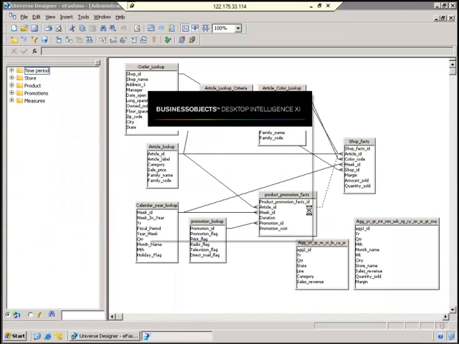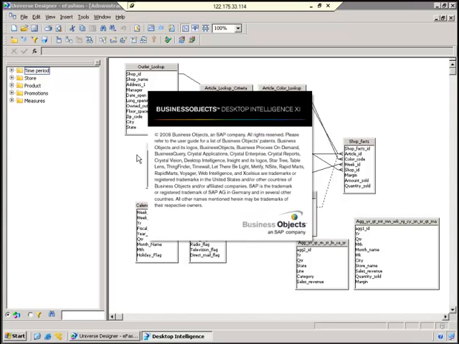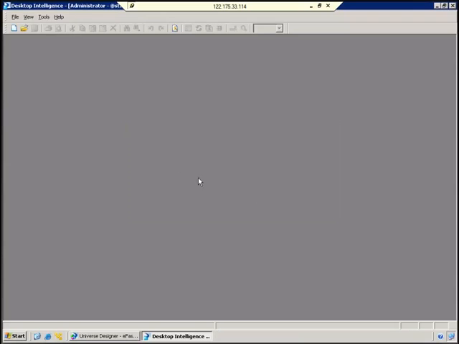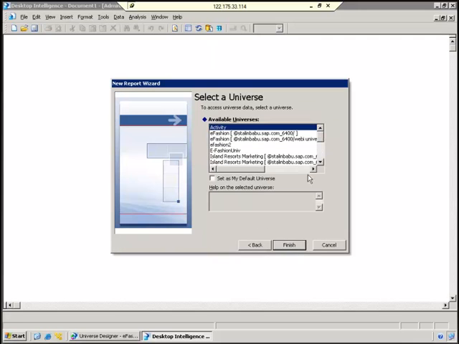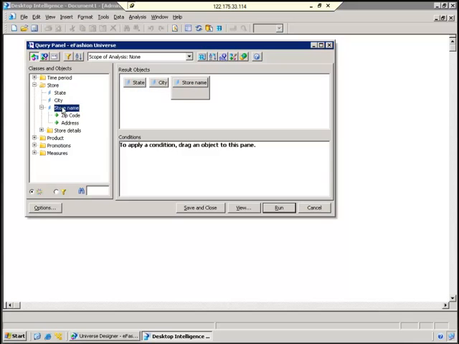I want to check in Desktop Intelligence. Log on to Desktop Intelligence. In Desky, I'm trying to create a report. This time, just generate a report. Click on next. The universe you need to select is the one in eFashion which is there in the Web Universes folder. I selected that particular universe. This time let me select state, city, store name. Prompt on